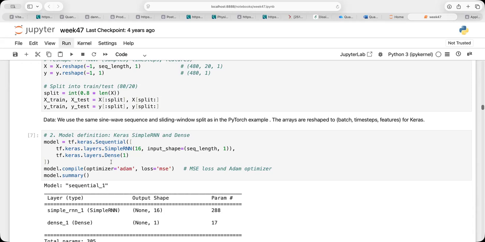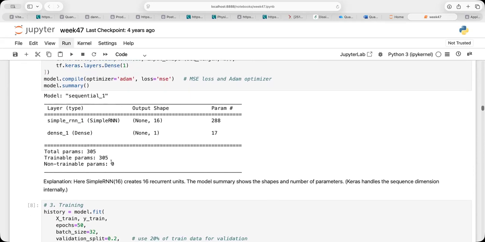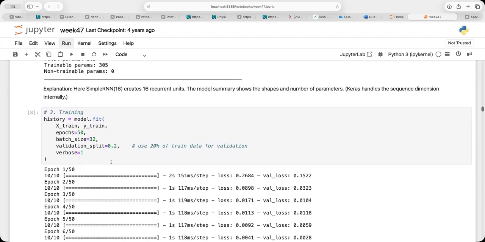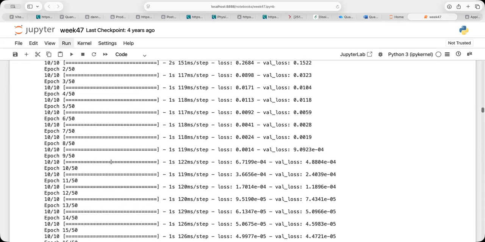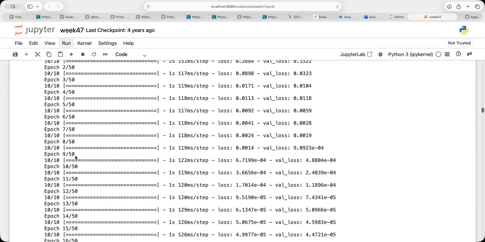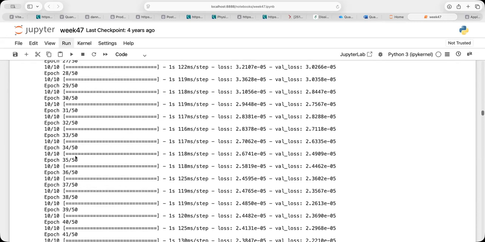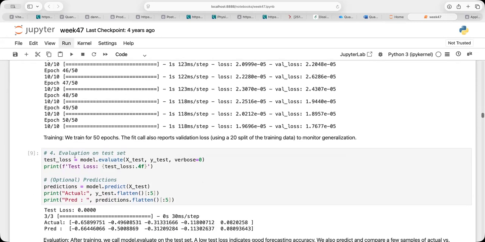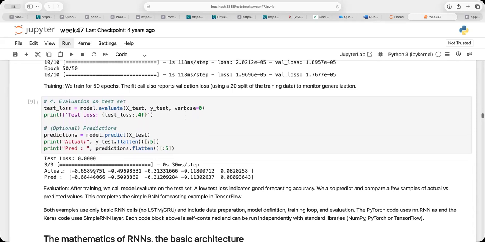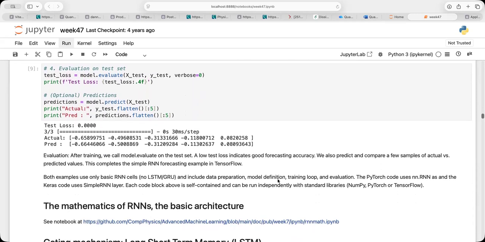And in this case, as I said again, you have 16 recurrent nodes. It sets up the number of parameters which you're training, and you're training it in a dense standard model. And when you do the training, you can just print out the number of epochs you're doing and the training here. And then if you scroll down, you will see that you are making a prediction here, which is similar to the one which PyTorch gave you.